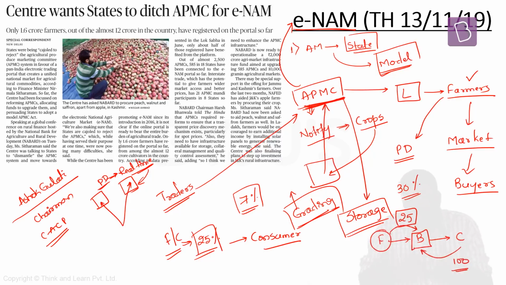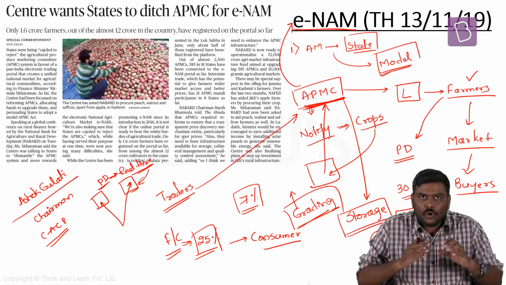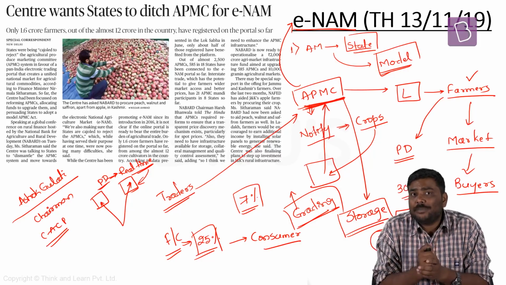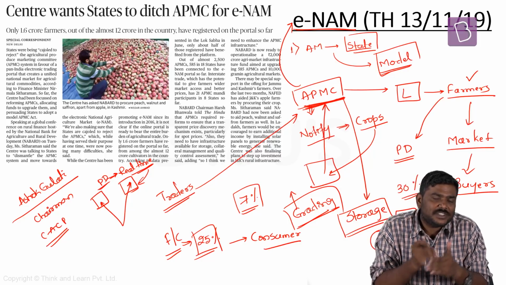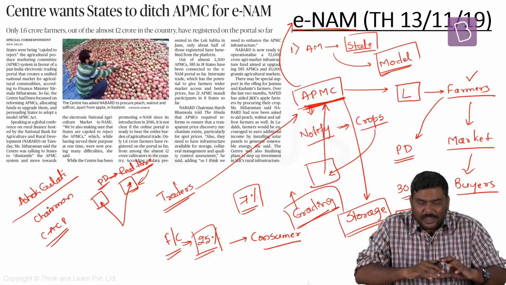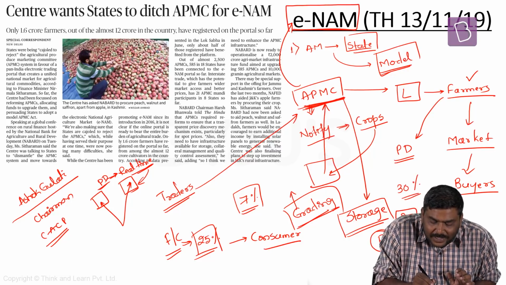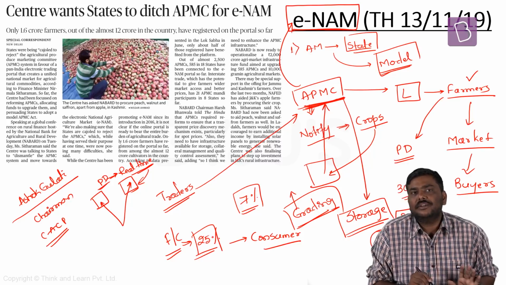bought this particular crop from the farmer only at 25 rupees. So the recovery rates were very low for the farmers. The whole objective of having an APMC, to ensure better recovery prices for the farmers, was getting defeated. So keeping in mind all these issues, the Government of India introduced the concept of e-National Agriculture Market or